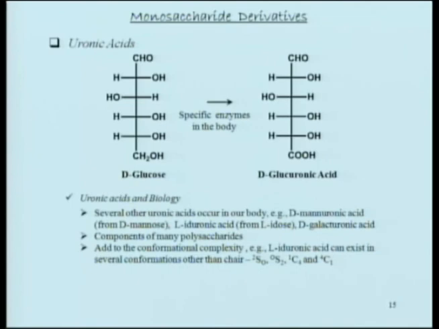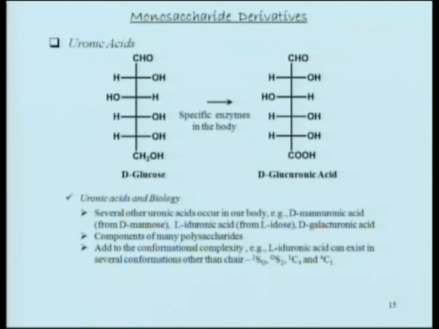So, just as we have glucose, we have other monosaccharides. One of them, for example, is the uronic acid. The only reason I'm discussing it is because heparan sulfate and other glycosaminoglycans have uronic acids. For example, a uronic acid such as D-glucuronic acid is formed by the oxidation of the CH2OH, the 6th position CH2OH, which is converted into a carboxylic acid. So glucuronic acid also has an aldehyde. The rest of the things remain the same.